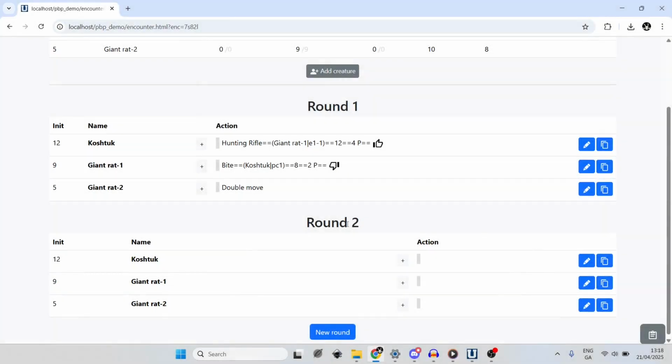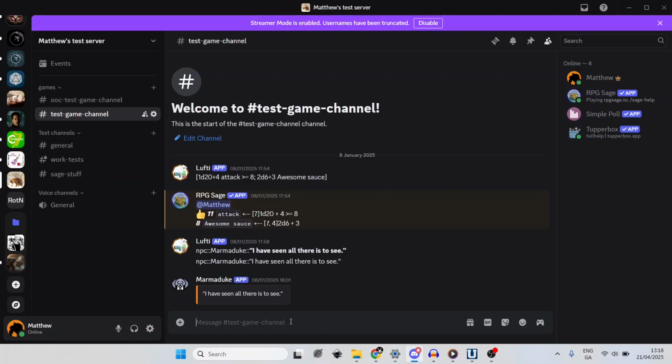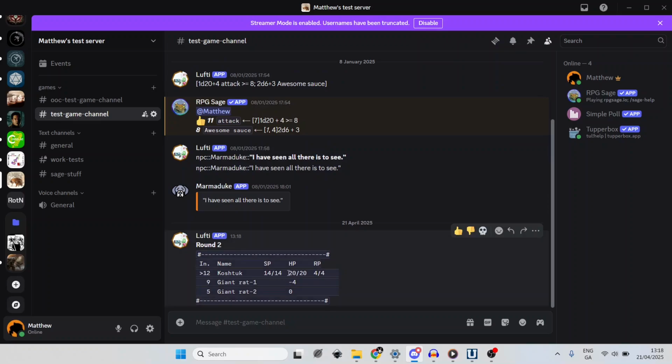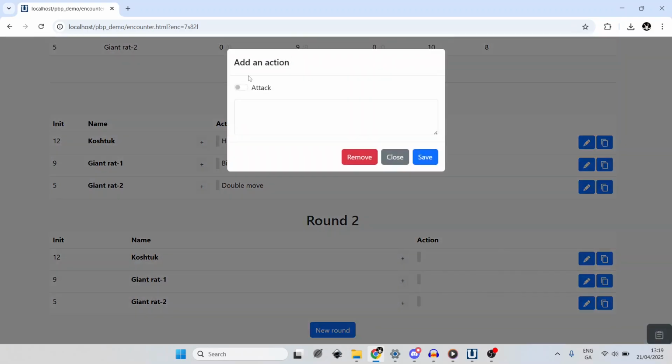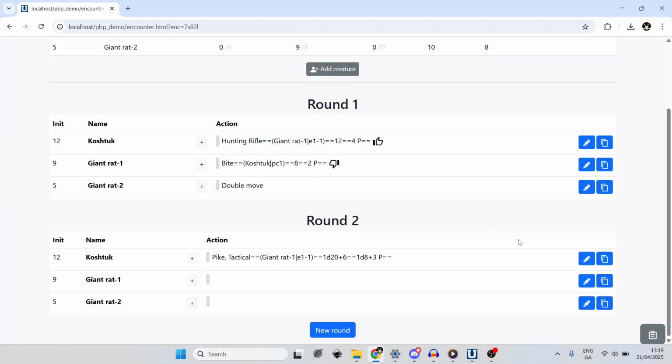So I almost forgot to demonstrate in this video, but the whole point of the play by post helper is to format the information so you can paste it straight into whatever platform you're using. So we can copy the round information, we can paste that into Discord. We can also format for the Paizo forums. And then for a specific attack, again, we can copy that, paste it into Discord,